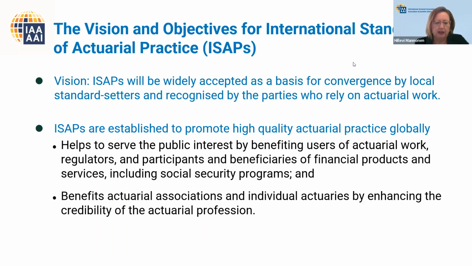This discussion led to the agreement that the IAA should start to develop model standards of actuarial practice on globally relevant issues that, over the long run, would lead to a sufficient level of convergence of actuarial standards around the world, where appropriate. And on this slide, you can see the vision and objectives of the IAA